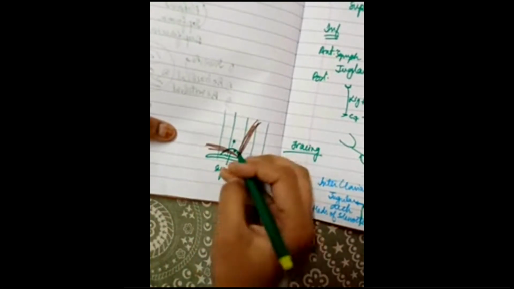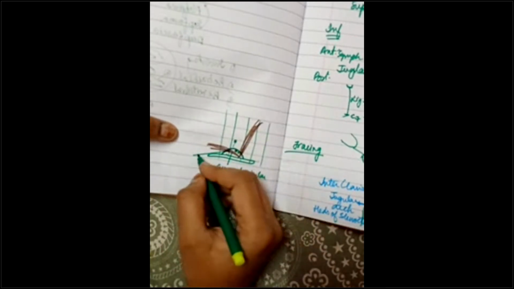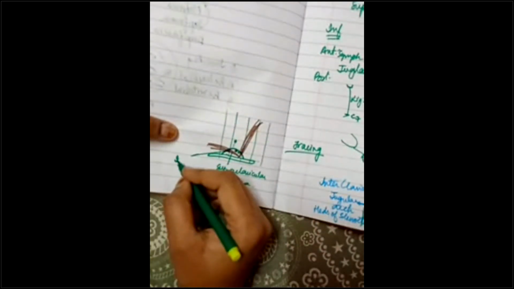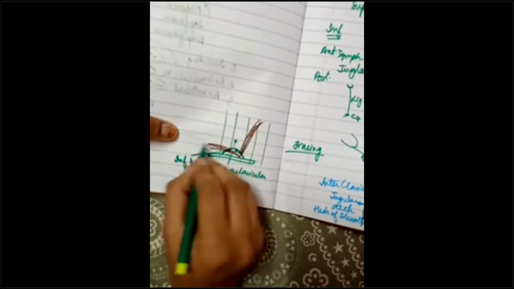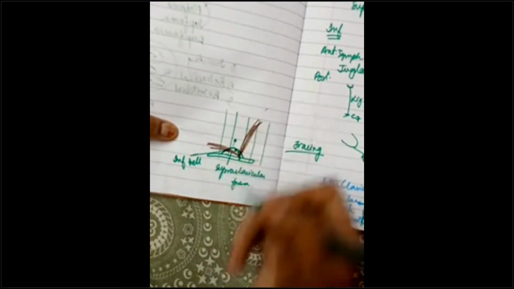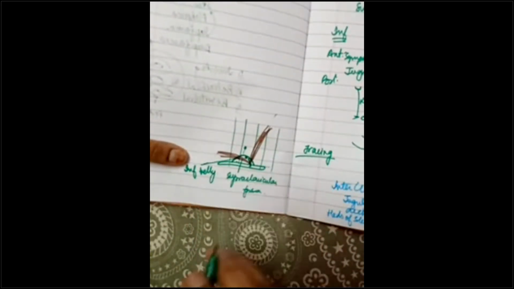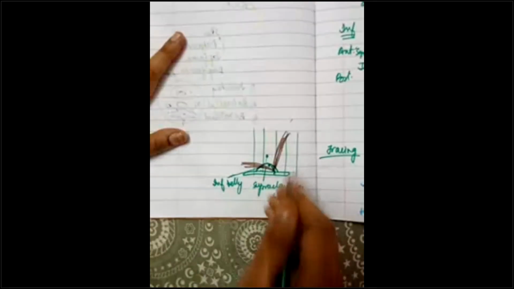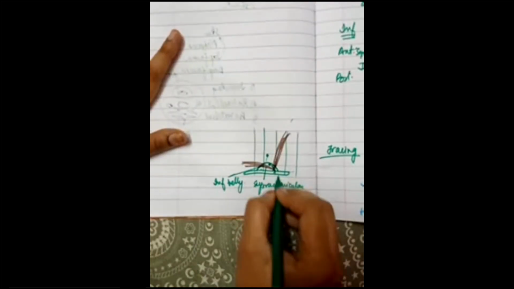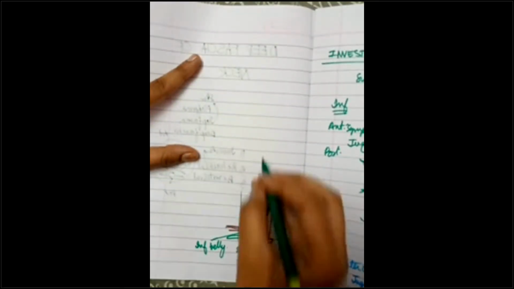What do you have inside the supraclavicular fossa? Your inferior belly of omohyoid. The brown one I have drawn here, this is your omohyoid. So your inferior belly of omohyoid will come here, it will be attached by a sling, and this will be your superior belly. Inferior belly of omohyoid, your lymph nodes, and the sling. This sling for omohyoid is one more modification of your investing layer.